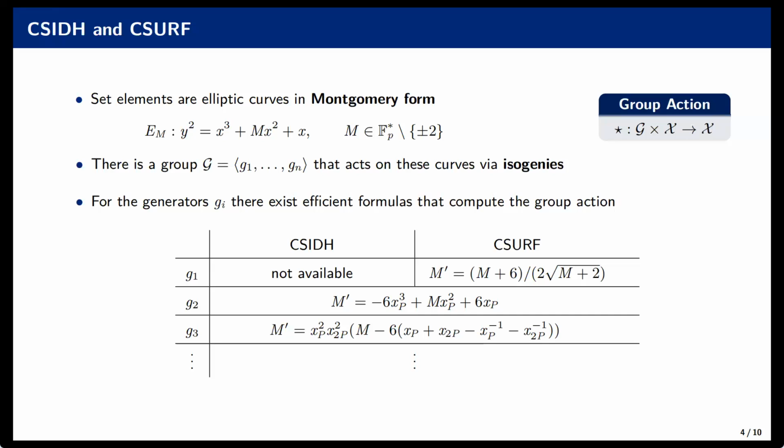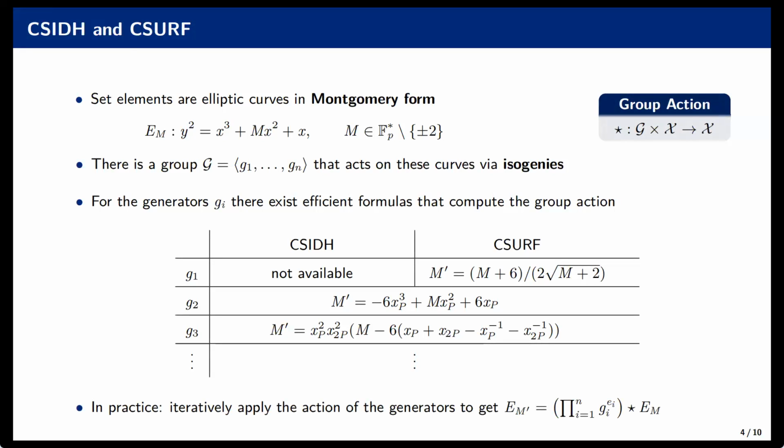And what you can also observe is that in CSIDH we have one generator, and in CSURF this is due to something nice, right? And you can also observe that these formulas get more complicated. Again, I won't explain what these additional variables here are. You can compute them, and there is a way to evaluate these polynomials, but we don't. And lastly, just to complete the picture, an actual tensor with multiple generators.